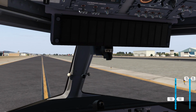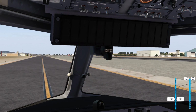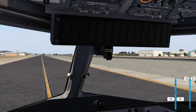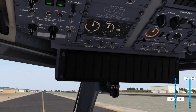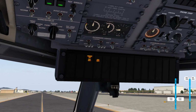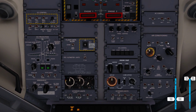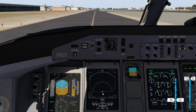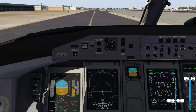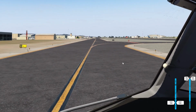Alright, clearing check. JetBlue 2735, runway 1 left, taxi via Alpha Mike 1, San Francisco altimeter 3018. Alpha Mike 1 for 1 left, altimeter 3018, JetBlue 2735. I'll start the APU here. And once that's started, I'll...